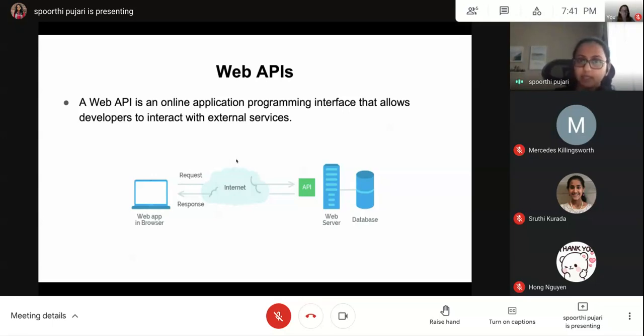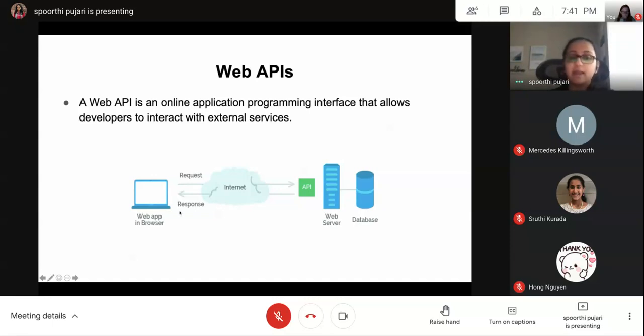So let's take an example. Say I want to log into Facebook. So Facebook is going to give me an API, which is a way for my app to talk to Facebook and tell Facebook, hey, this is my email ID and my login, and then please tell me if these credentials are right, and if I can let this person log into Facebook. So it's an interface for these two entities, which is one is my app and the other is Facebook, to communicate with each other.